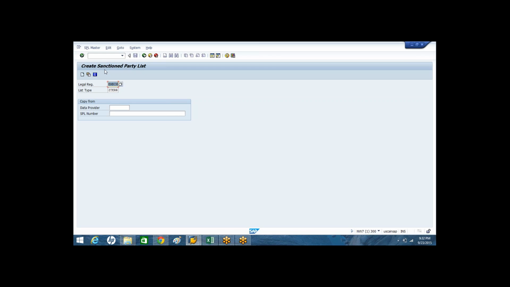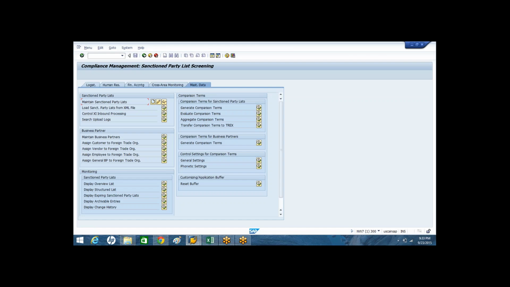So once you receive these XML files, you can upload them. Or in between, if you come to know that for one or two members your data providers may not provide the list, or it's not good to upload the whole thing, right? So whenever you come to know of exceptional cases, for one or two members, or whenever you want to add something on your own to any member which you are familiar with, in those situations you will be using the manual creation of the SPL member. Got it? Okay.